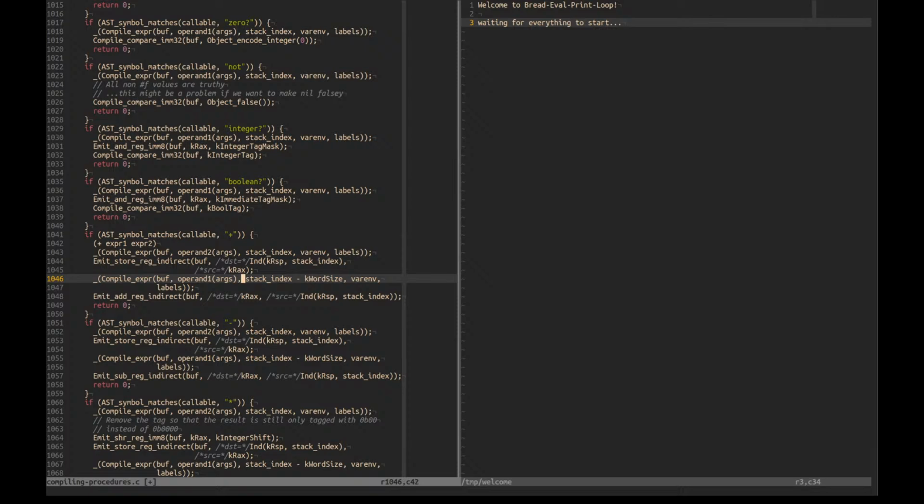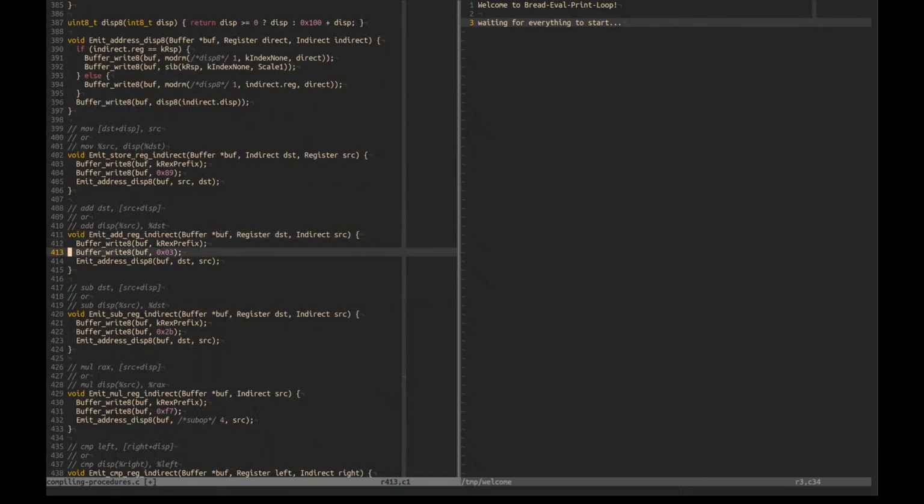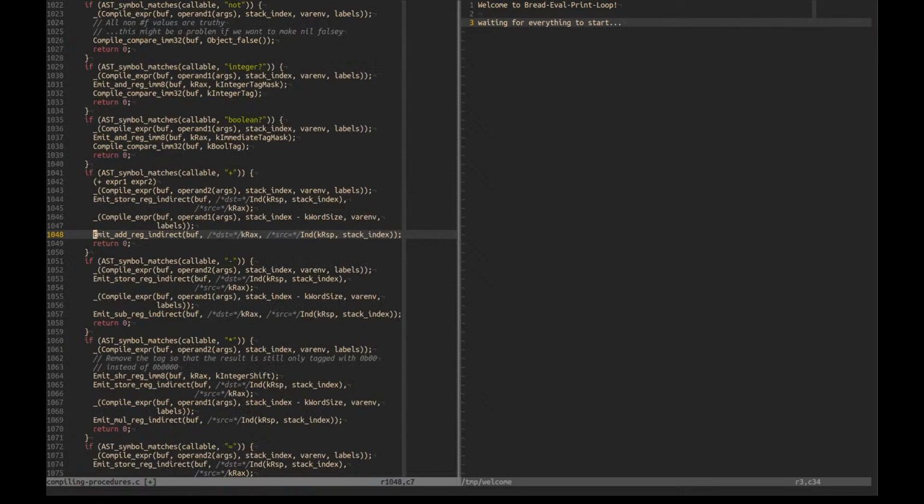And then you add the stack location from the first, sorry, operand 2 to operand 1. And the add is just an add. It emits an add instruction. That's just no type checking, nothing. And this is because we don't have any facilities for error handling in the generated code. I think that comes after closures, after tail calls, maybe,